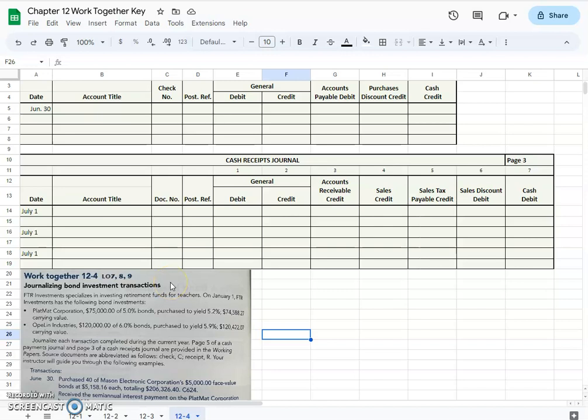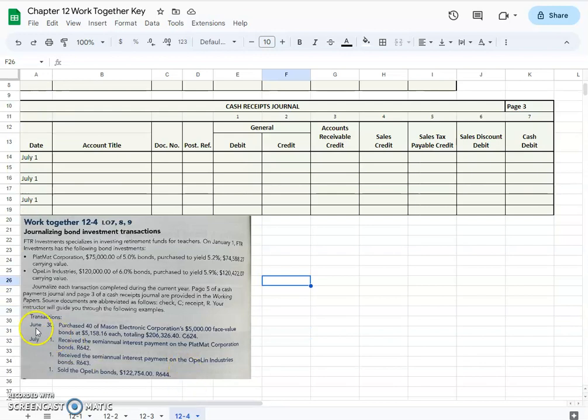We're going to pretend we are FTR Investments, and we specialize in investing retirement funds for teachers. On January 1st, we have the following bond investments already in our portfolio: PlanMat Corporation and Opel Industries. We'll journalize these transactions completed during the current year. First, we're going to purchase 40 of Mason Electronic Corporation's $5,000 face value bonds at $5,158.16 each, totaling